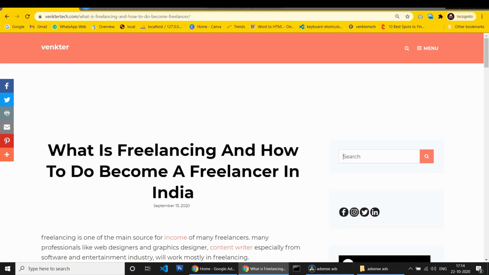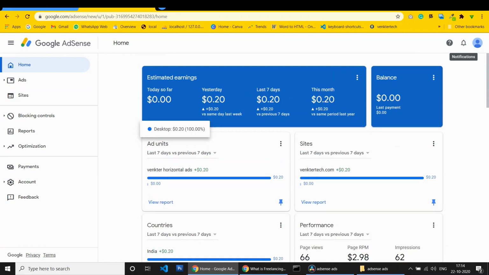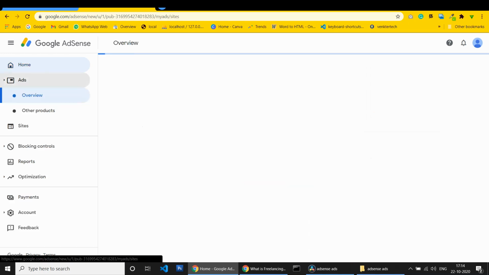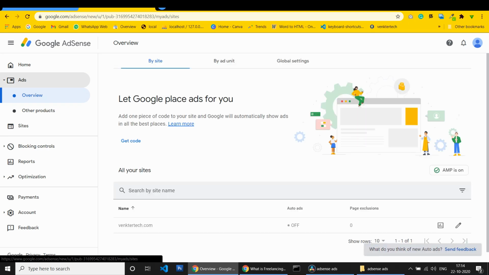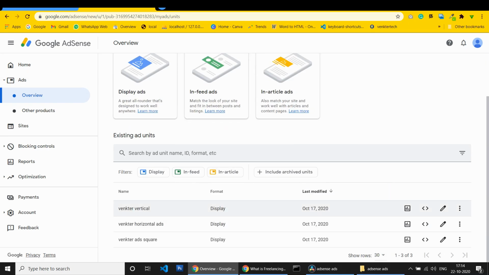The earned amount depends on the clicks and the page views as well as the advertisers. Here are the ad units: vector vertical, vector horizontal ads, vector ad square.